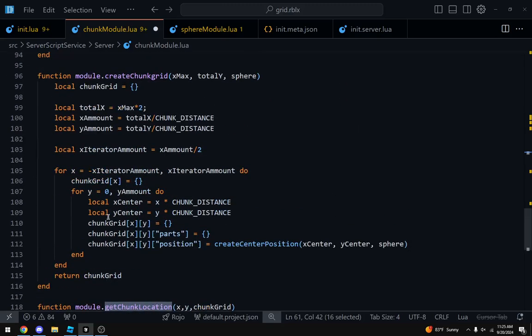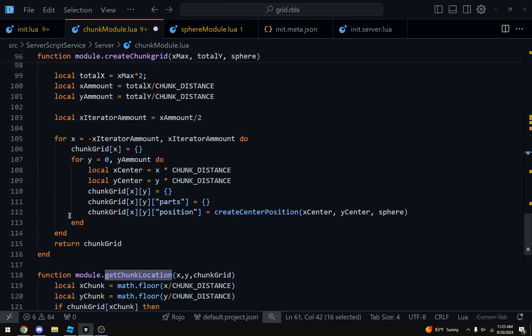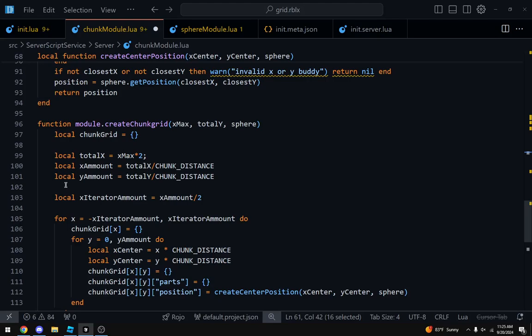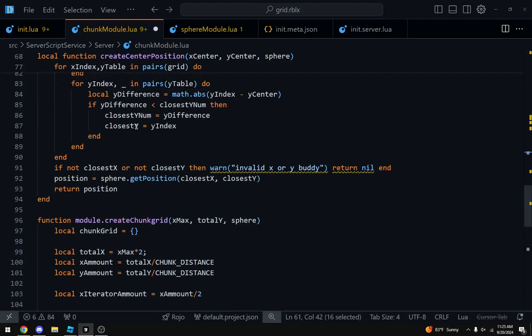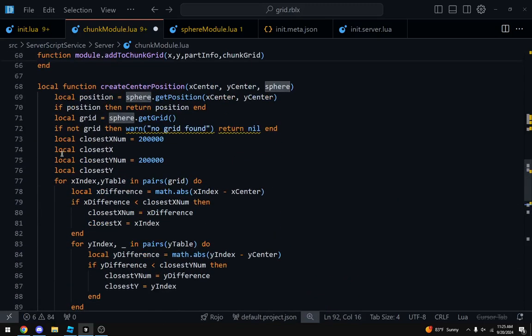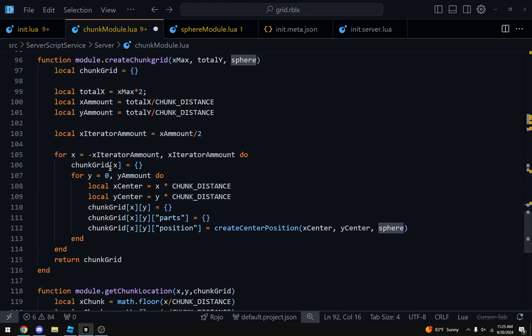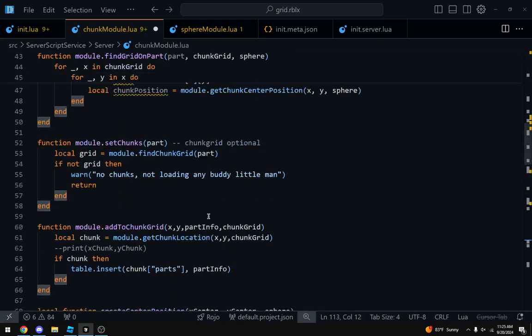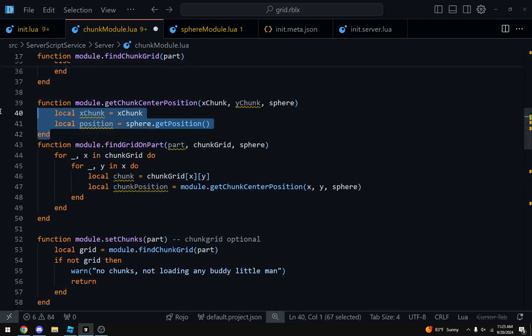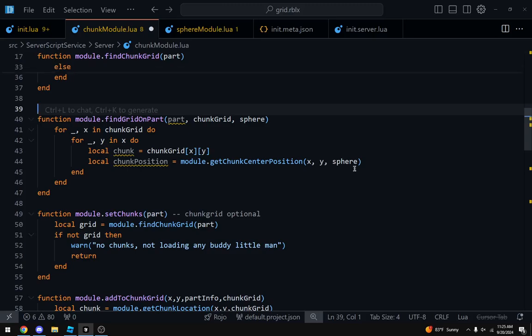Oh well, we'll see. Alright. So now we have an object at the position. So going up here, we don't have to get it. We can do chunk position equals, we don't require sphere anymore.